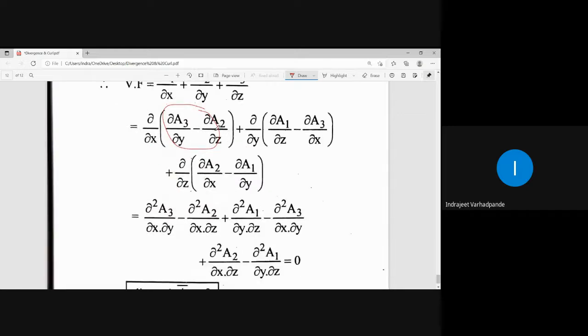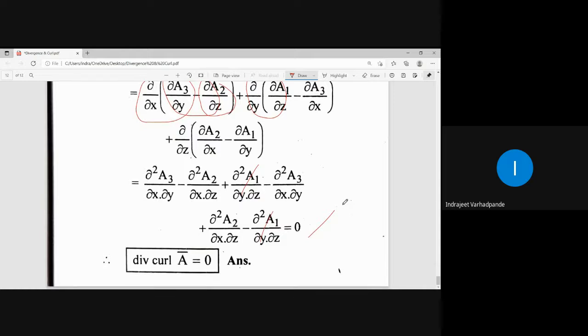So ultimately those all get cancelled out and your answer remains the value as 0. See, del 2 A3 by del x del y, del 2 A2 by del x del z, del 2 A1 by del y del z, all are getting cancelled and finally your answer comes out to be 0. So in this manner, we are able to show divergence of curl A bar is equal to 0. So this particular example